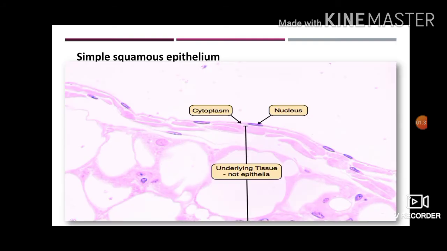Okay, so we are starting with the first, that is simple squamous epithelium. Before starting, I want to give some introduction, dear students, on what epithelia are. Actually, epithelia are the tissues which are mainly present on our body surfaces, also the cavities inside our body and the tubules inside our body. Now you might have the question: madam, which kind of cavities and which kind of tubules? Cavities like the mouth cavity, and internal organs also have different kinds of cavities. Also tubules are present, like kidney tubules and intestinal tubules.